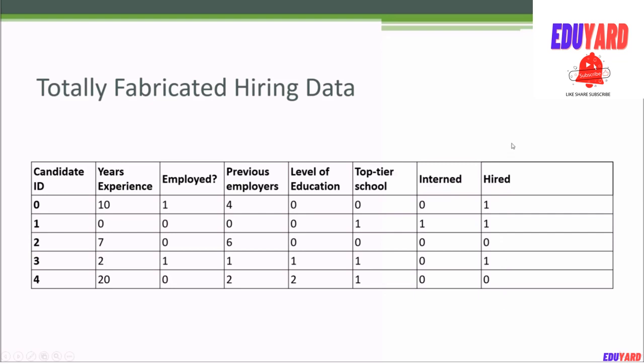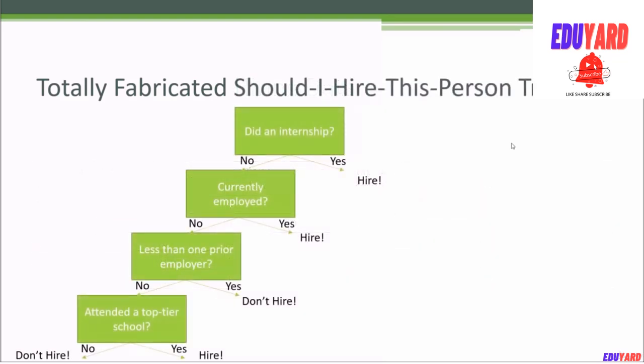Now obviously there is a lot of information that is not in this model that might be very important, but the decision tree that we train from this data might actually be useful in doing an initial pass at weeding out some candidates. And what we end up with might be a tree that looks like this. So it just turns out that in my totally fabricated data, anyone that did an internship in college actually ends up getting a job offer.